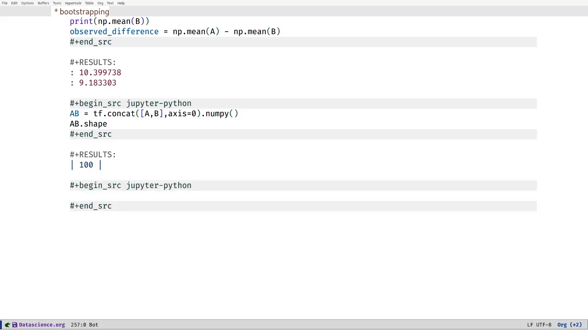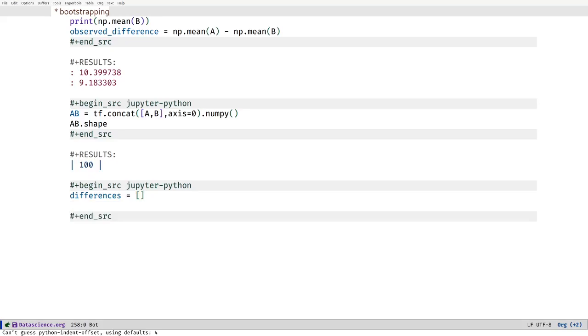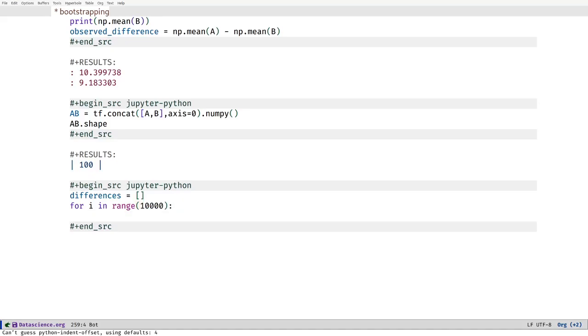So I start with an empty list called differences. And now what I'm going to do is for i in range 10,000, so I'm going to do this 10,000 times. I'm going to shuffle